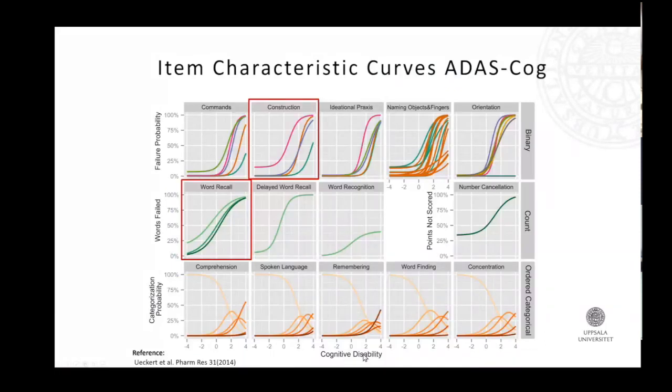And then if we look at the cognitive disability here, we can see that 0 is in the center, and we then have deviations from the median in terms of standard deviations of the reference population. And the reference population for an item response model depends on how it was constructed. This is the result of a model that was developed based on 2 large American databases with data from Alzheimer's patients all the way from very mild to severe. So this is a representation of the entire scale of Alzheimer's patient